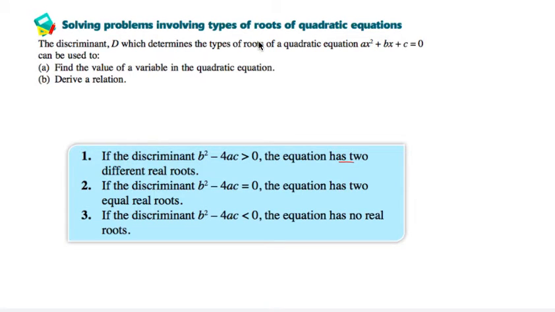Solving problems involving types of roots of quadratic equations. There are three types of root: two different real roots, two equal real roots, and no real roots. How do we determine which? We look at the discriminant, b squared minus 4ac. For example,